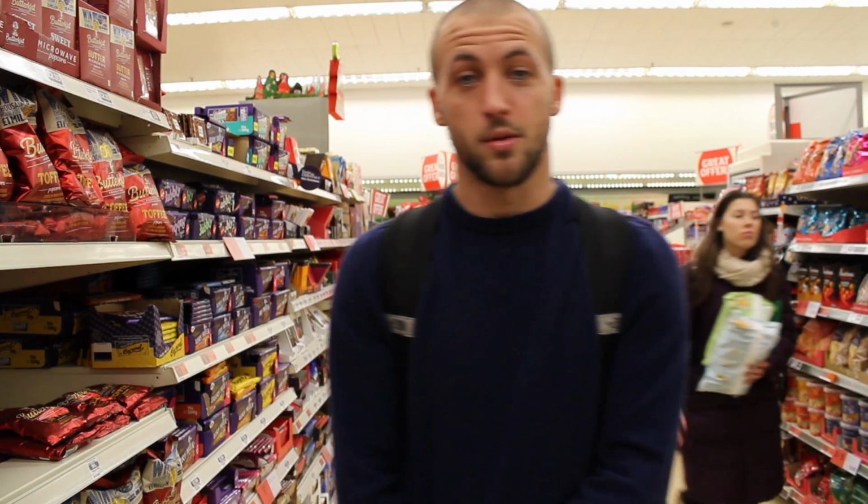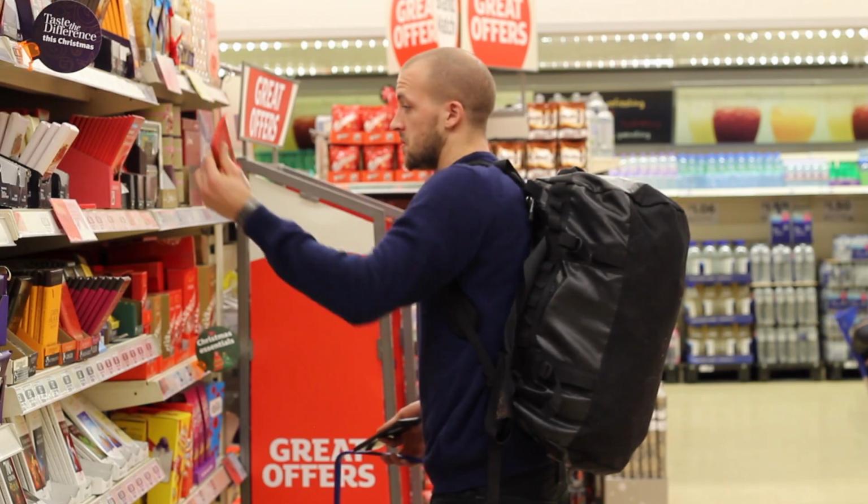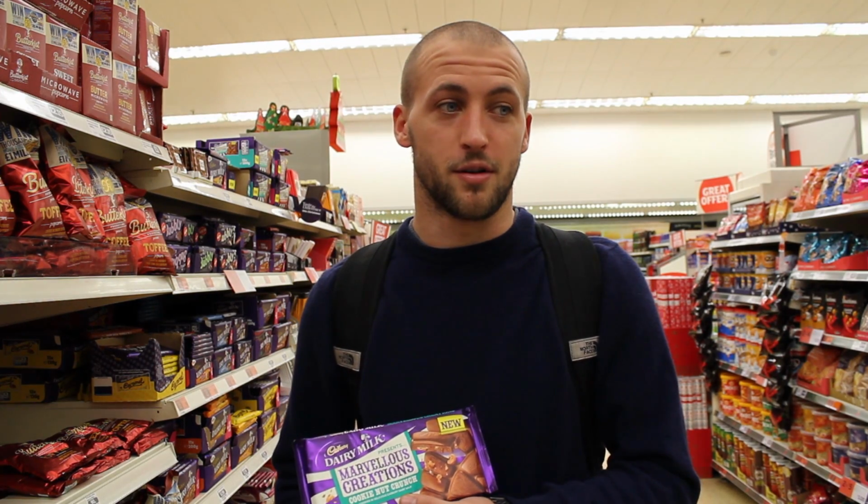So as you can see, we're in the danger aisle now, right? So we're full of all the sweet stuff. Now no one is averse to having something sweet because it's so addictive, we absolutely love it. But there are options that you can take. So we've got some classic bad stuff going on here. Milk chocolate, very, very sugary indeed. Well, the alternative is